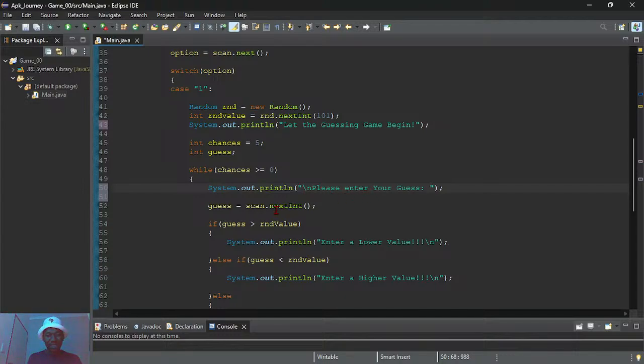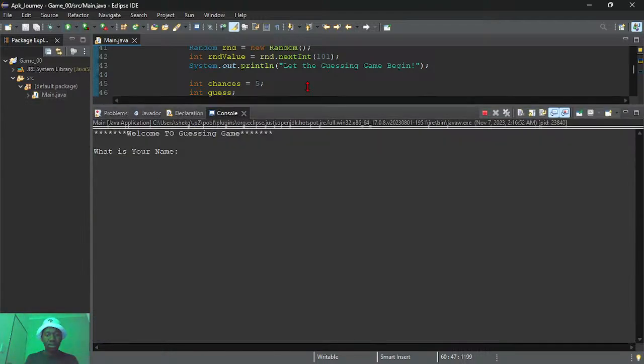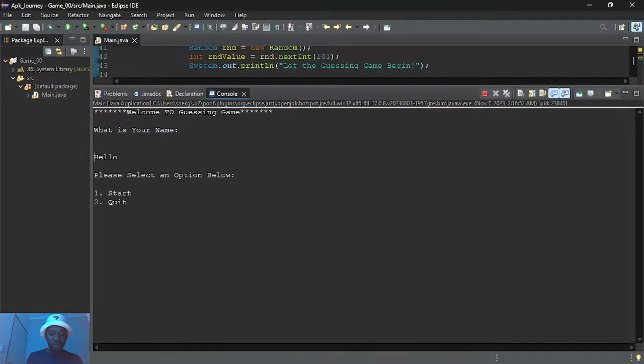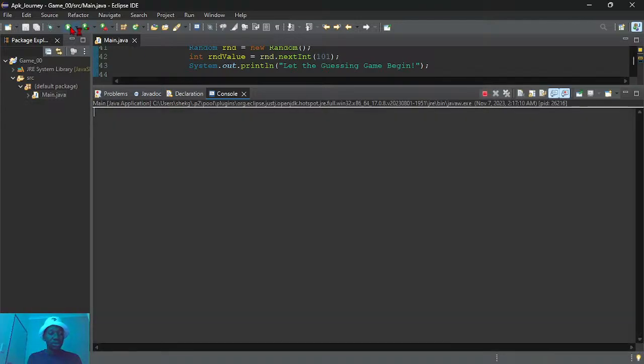Then the user enters the value here, and using the value, the program will display whether it's higher than the target or lower than the target. If it's lower, this message will be displayed again. Okay, let's just run and see what happens. Enter your name. Oh, okay, but it's still fine. Let me say 2. All I get is game over. Okay, let me run this again, because we actually want to be realistic.